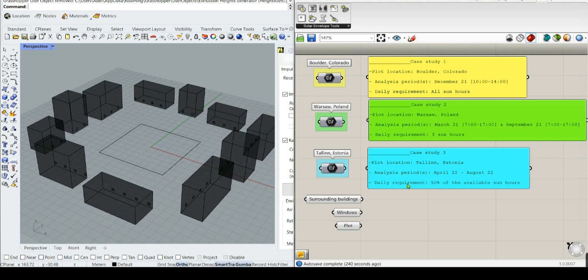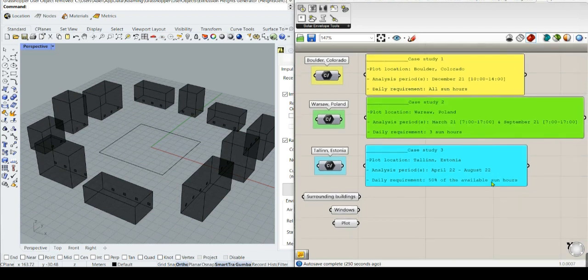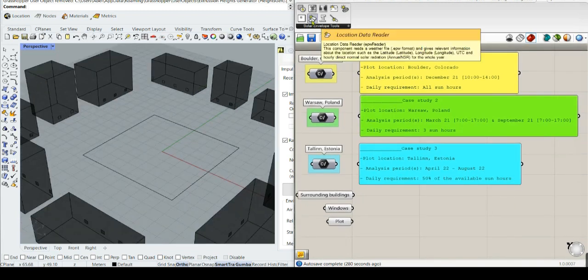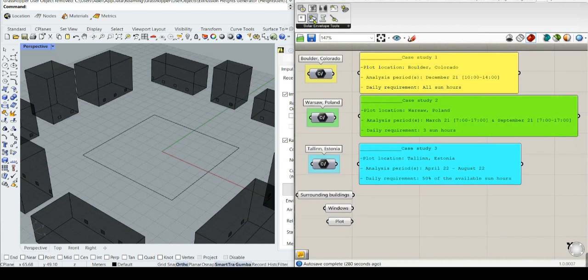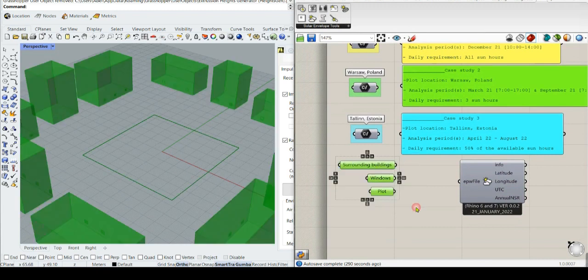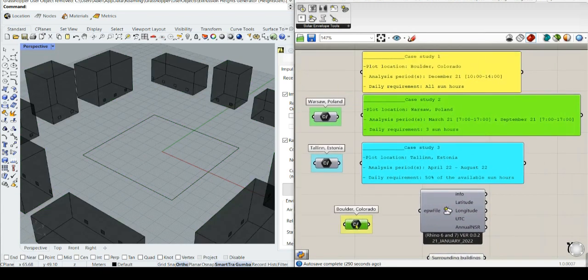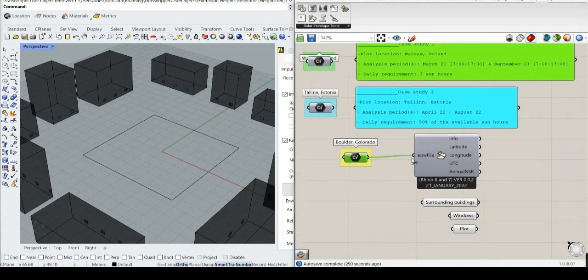The thing is that the daily requirement here is based on the ratio of the available sun hours. So these components, the basic components, were presented in the previous video tutorial. But anyway, for example, we can begin with Colorado